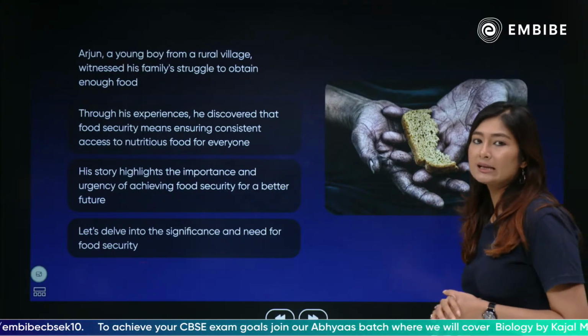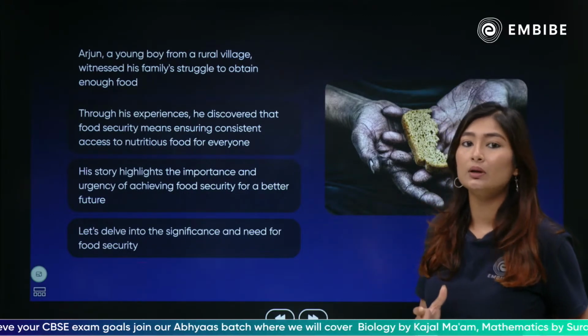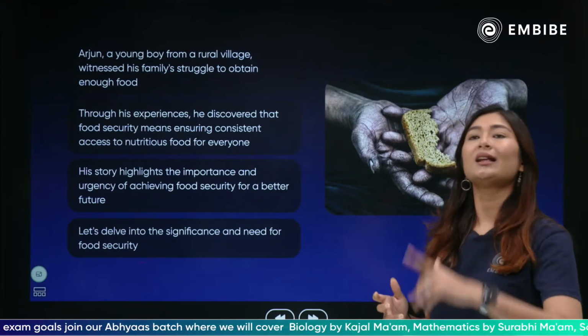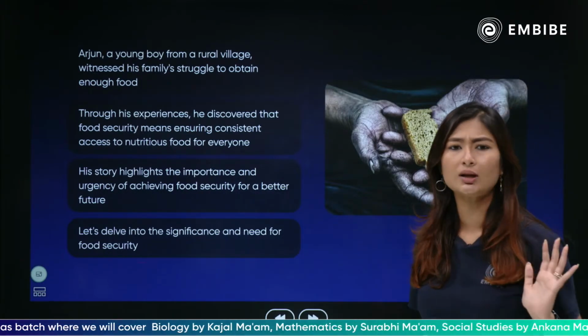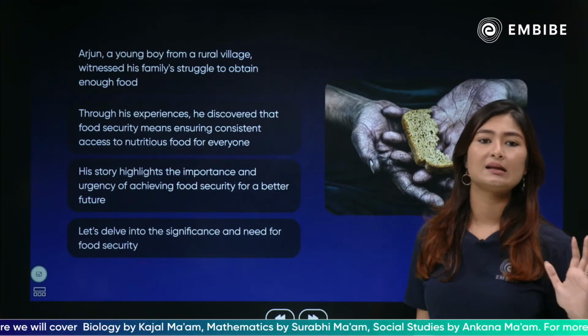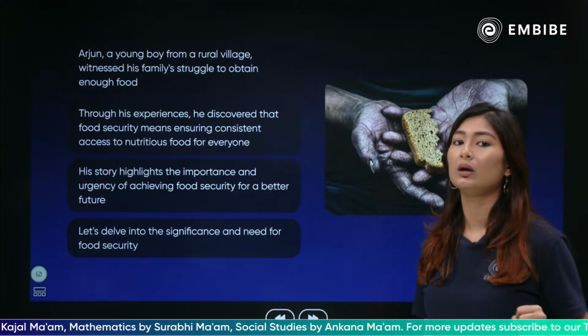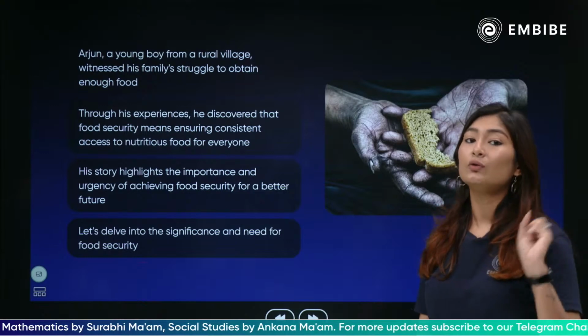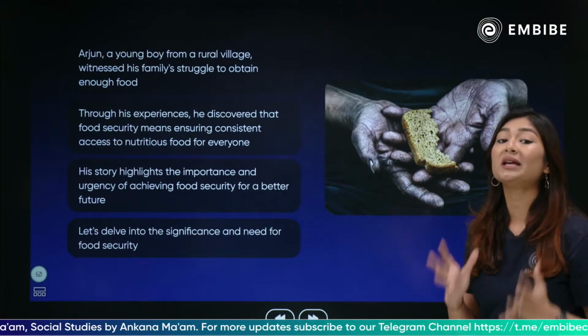So अर्जुन की कहानी से हमें समझ आता है कि food security का मतलब है not having food available. So if you ensure that the food is available, that is securing the food. That is what food security means in the shortest way possible. सबसे सिंपल तरीके से अगर बोला जाए तो खाना अवेलेबल रहे हमेशा हर किसी के लिए जो उनकी ज़रूरतों को पूरा करे, इसको सिक्योर करना ही फूड सिक्योरिटी होती है. तो इससे उसे समझ आता है कि क्यों ये इतना इम्पोर्टेंट है.